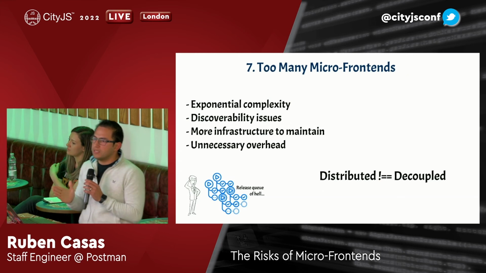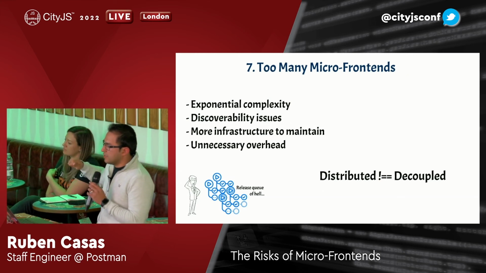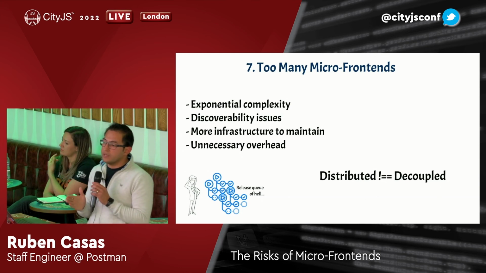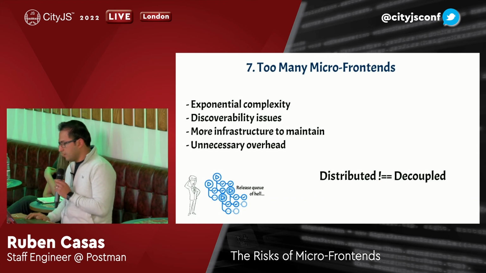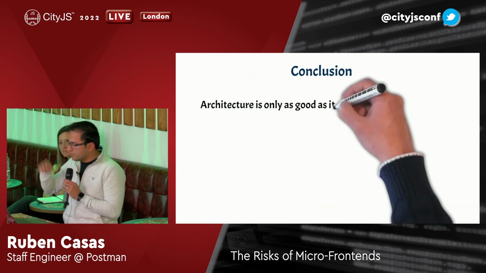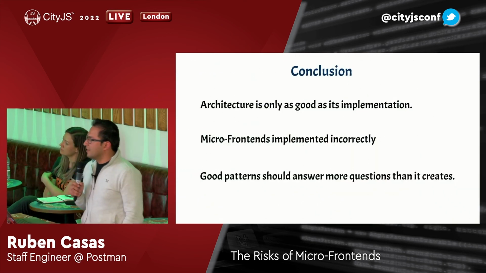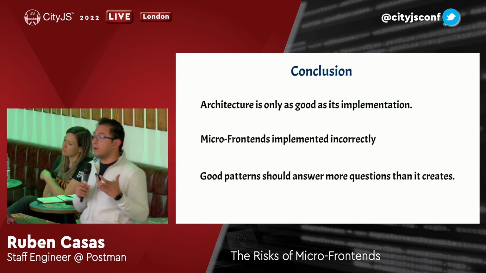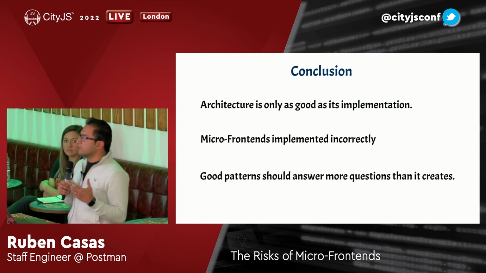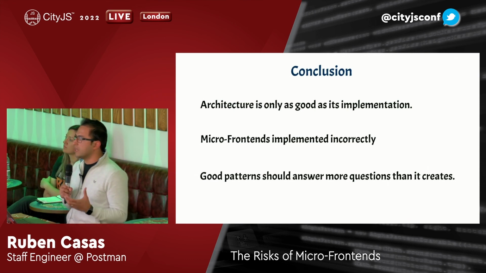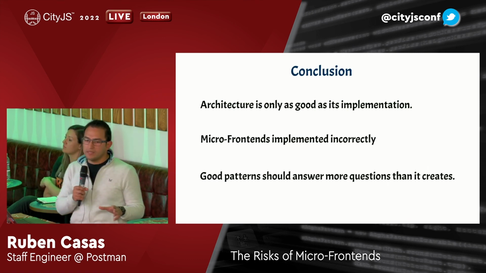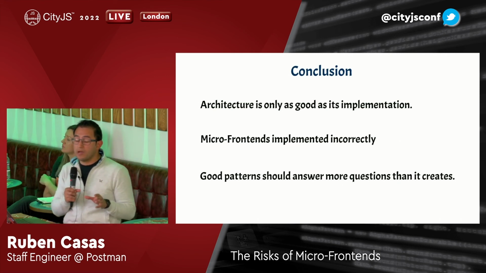And again, distributed doesn't mean decoupled. So it doesn't matter if you have a lot of them, if they are decoupled, that's fine. But if you have a lot of micro-frontends and they're tightly coupled, you are in the worst case scenario where you have a distributed monolith, like Alex mentioned earlier. So listen, I just want to finish with this. Of the people I've talked to about micro-frontends, the ones who have a really bad experience with them had that experience because of an incorrect implementation. I haven't met anybody who had a really good implementation who complains about this architecture.